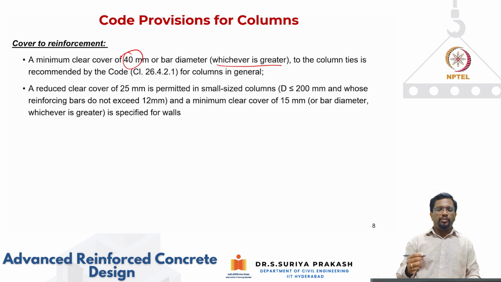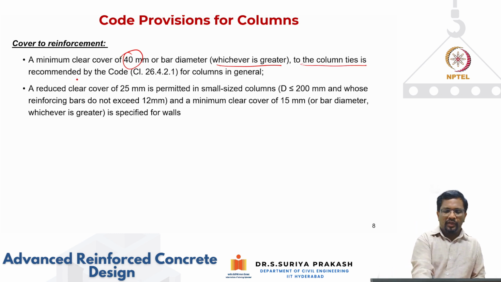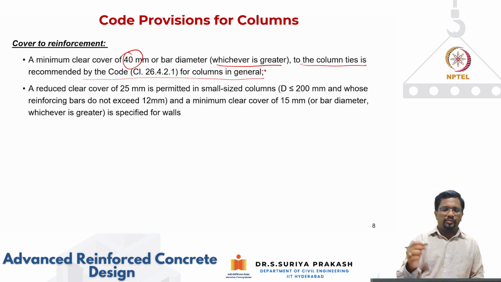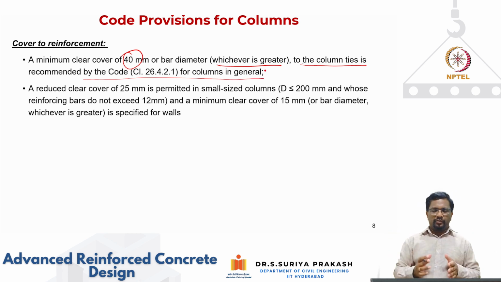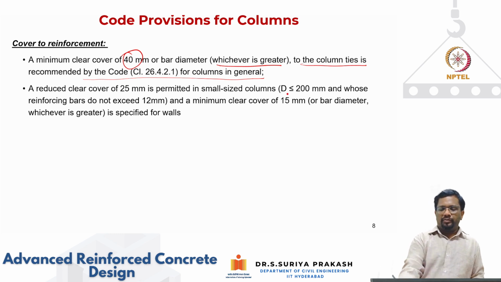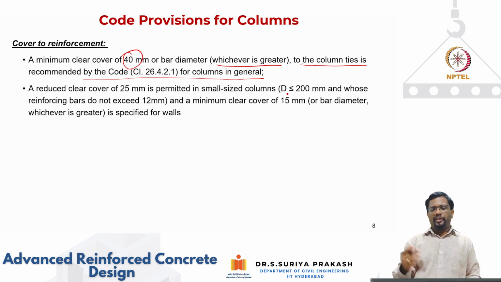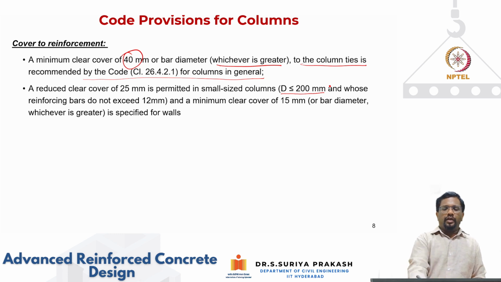That is the minimum clear cover to the ties. So that is what the code is recommending for column ties in columns in general. Now, if my column size is very small for some reason, let's say I'm using 200 by 300 size columns, or the diameter or size is less than or equal to 200, and I'm also using bars which are not more than 12, then the code is saying that